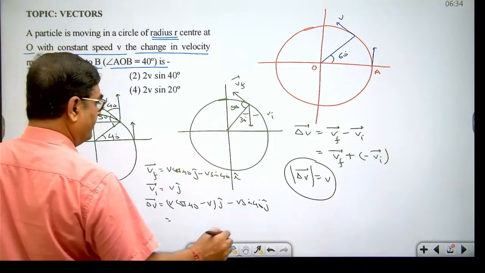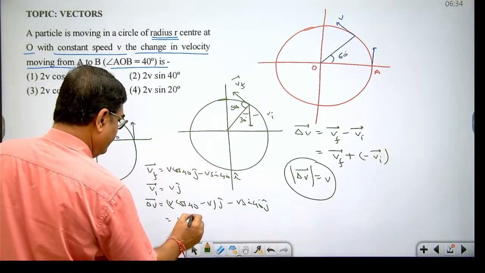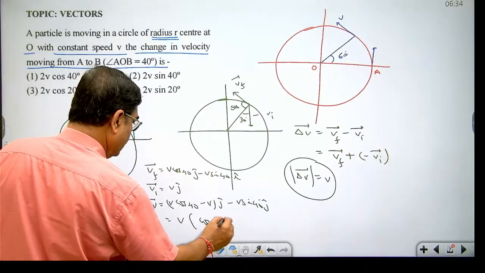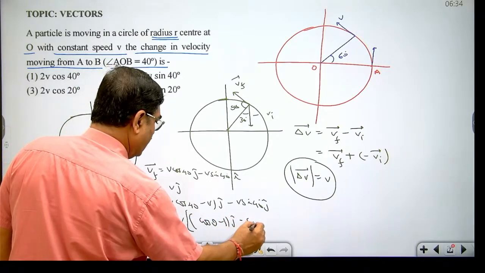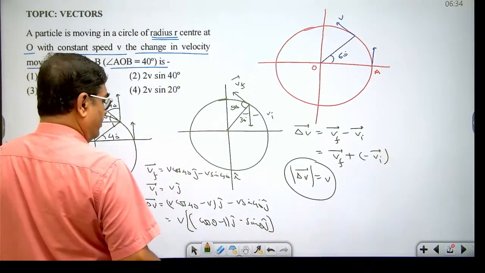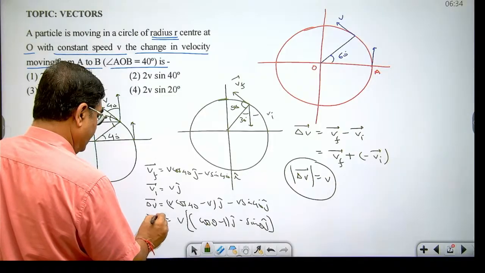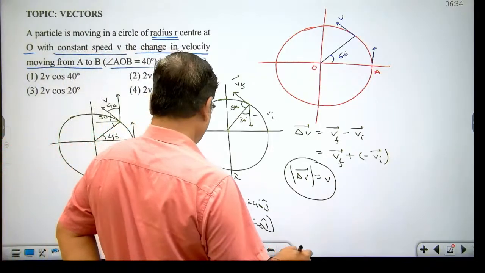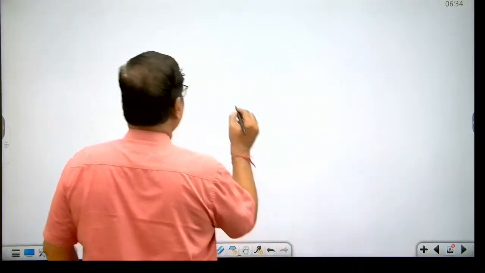So we can write V times cos theta minus 1 j cap minus sin theta i cap. So what you write? Square it to find the magnitude. So the magnitude is cos theta minus 1 j cap, so delta V